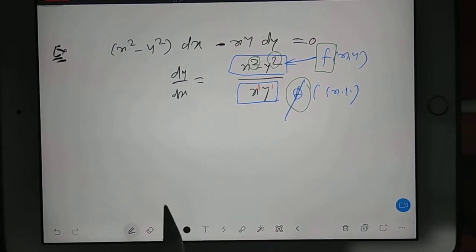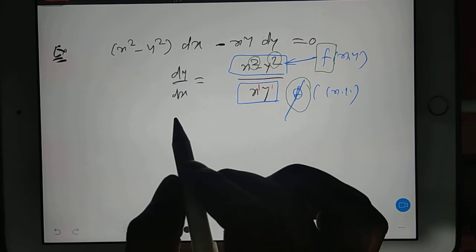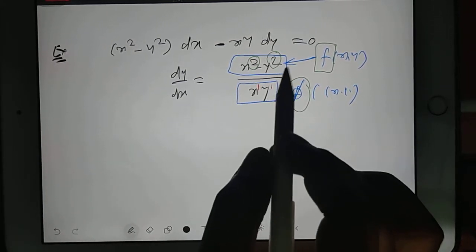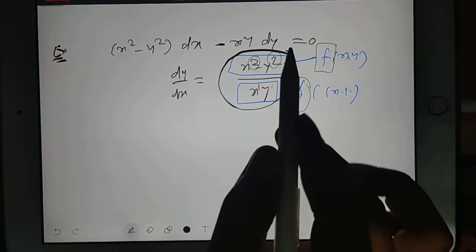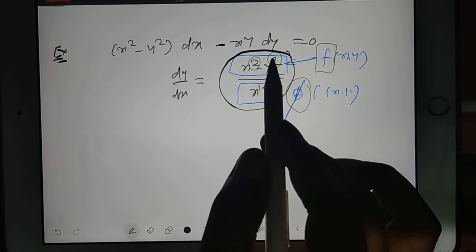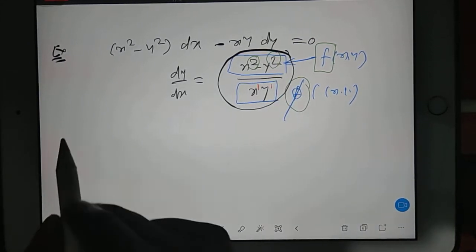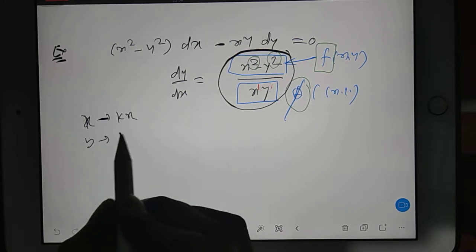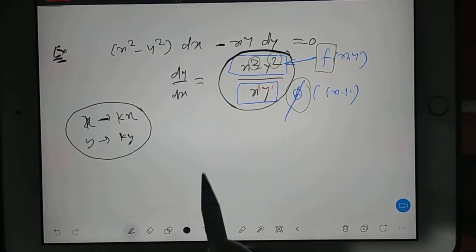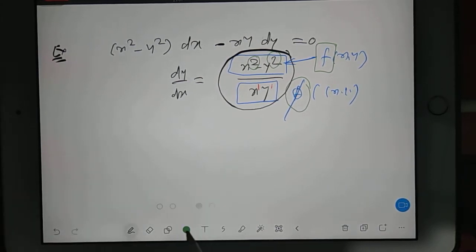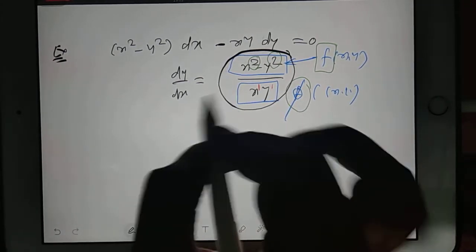Now one more thing, we can go for the method now. How will you know that it is a homogeneous function? Already I have explained. If I ask the degree of this homogeneous equation, like in the last class I told you that you have to replace your x value with kx and y with ky, in case you are interested to know the degree. After that you take k common, and whatever is remaining will be your degree, power of k power n, remember?